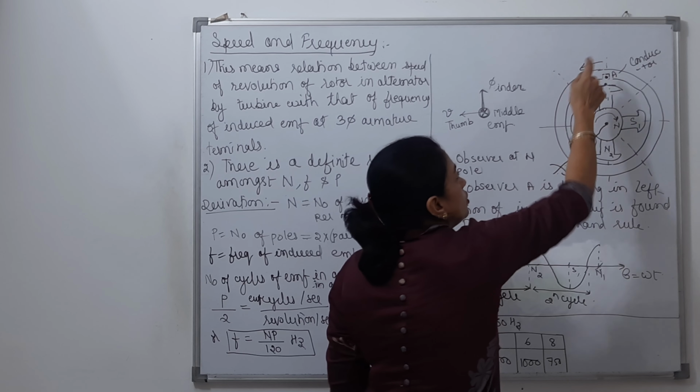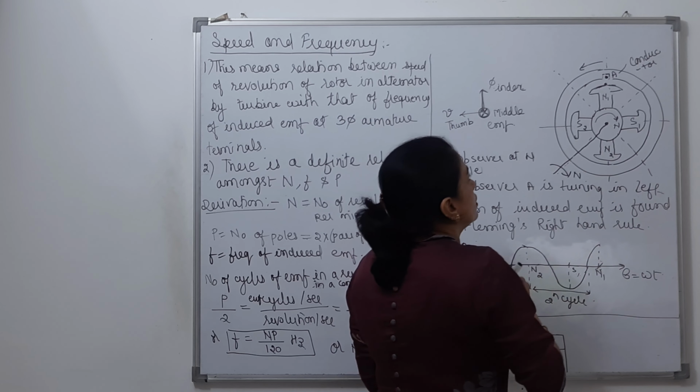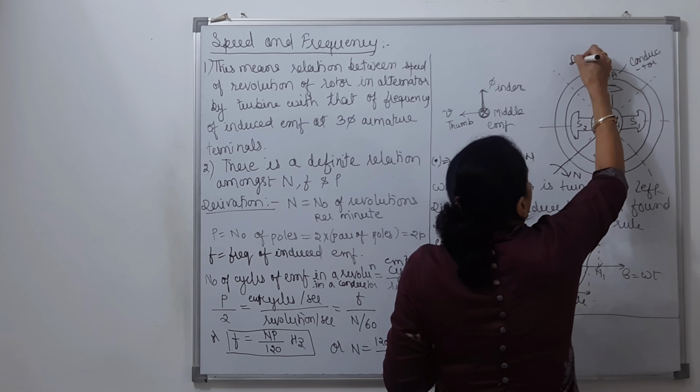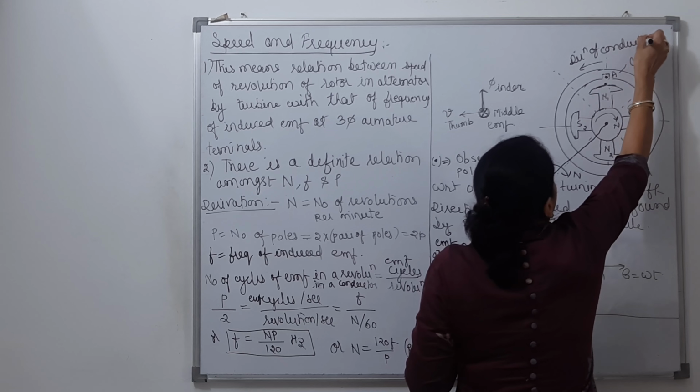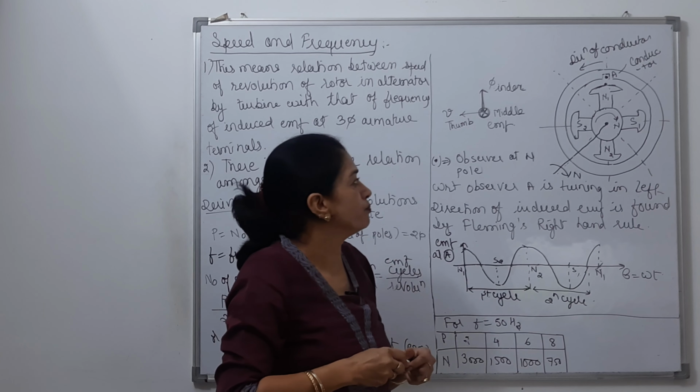So this I am showing you the direction of the rotation of the conductor. Here I am mentioning the direction of conductor. This is the conductor's directional rotation. Now,